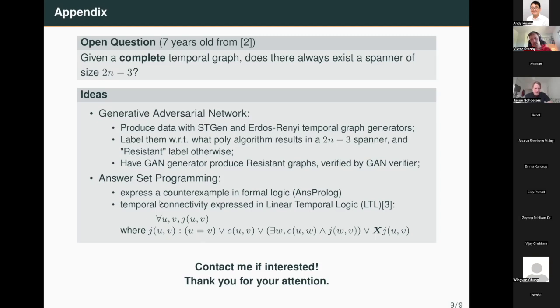For example, temporal connectivity, the all-to-all one, can actually be expressed in this linear temporal logic in the following way. J would be journey, or temporal path, and then you would define it with this formula, and the X here means next. So in some sense, even if you're not able to connect now, you might be able to connect in the future. You must be able to connect in the future. Yes, so that's it. I think I went a bit quickly, but this is the first time I talk about this, so sorry for that.